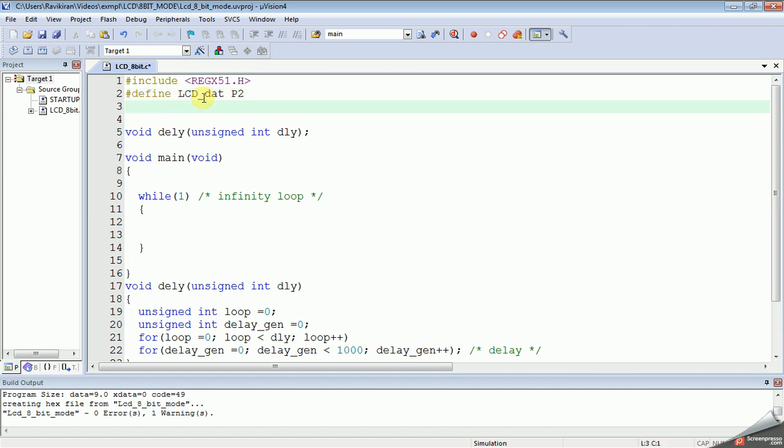Since these two are single bits, we can use sbit, that is RS equal to P3^0. Let's copy paste this for the enable pin.